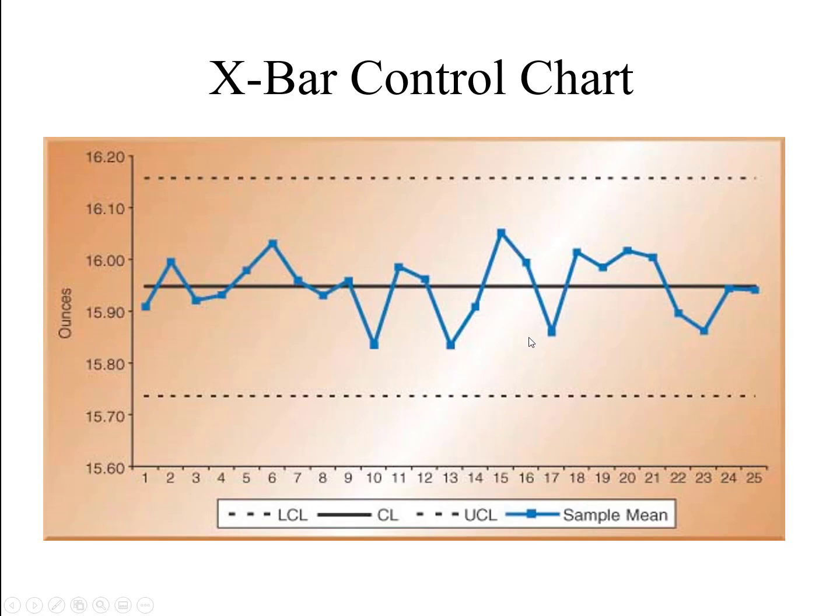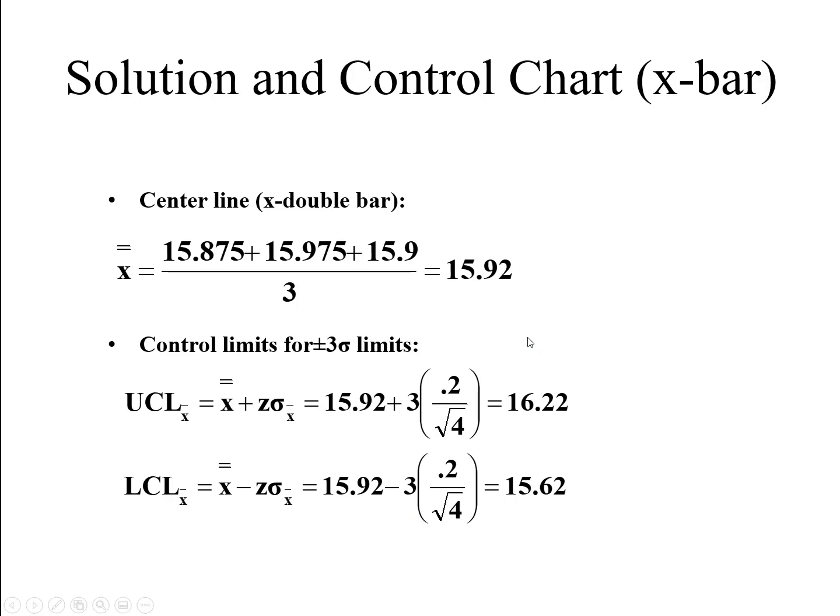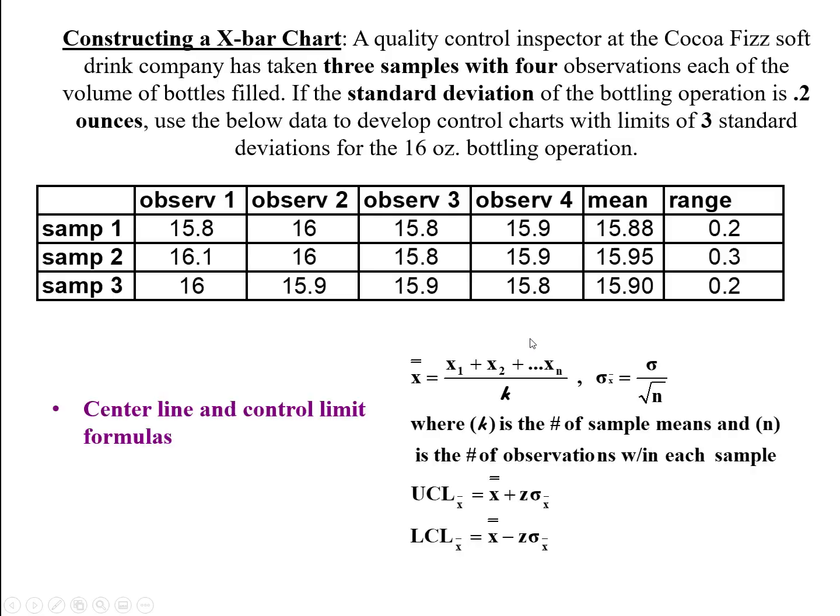Now we need to decide. The inspector needs to decide whether your process is in control or out of control. Did you meet the standard for which you claim? You claim that the standard deviation will be 0.2, meaning the ups and downs from the mean will be 0.2, and that you are putting 16 ounces in each bottle. Did you meet this criteria or not? Now the inspector will decide. She will give you the green signal to go and produce some more, or she will stop your production because you did not meet the standards.